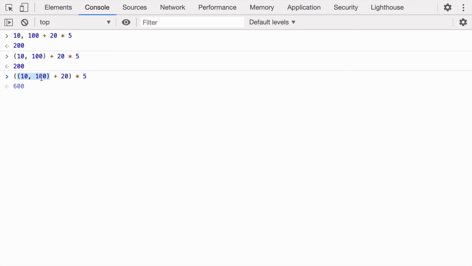So this operator will be executed first and the output will be 100. The next is the addition operator. So 100 plus 20 will be 120. And now 120 will be multiplied by 5 and we will get the value 600.